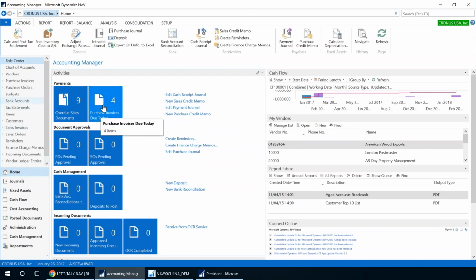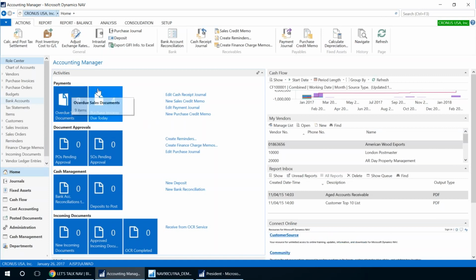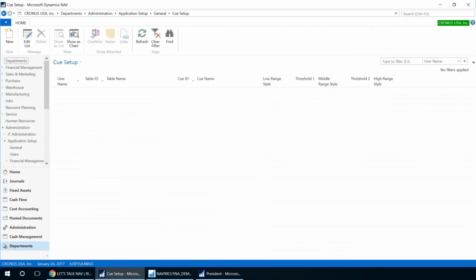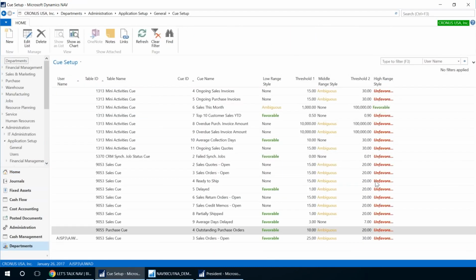Now, you can enable your users to make these changes themselves, or create enhanced activity queues themselves, or you can make it an administration task. Simply go to the search menu and you can type in queue. You can also go to administrations and application setup in general, but this is a short way of getting there. At this point in time, I am now able to create a new activity queue if I want to, or